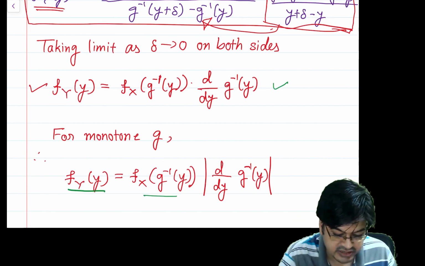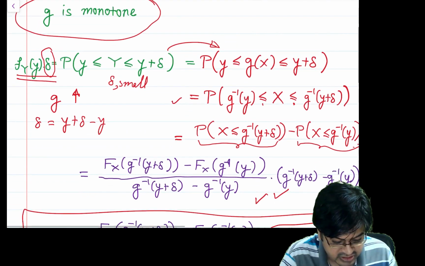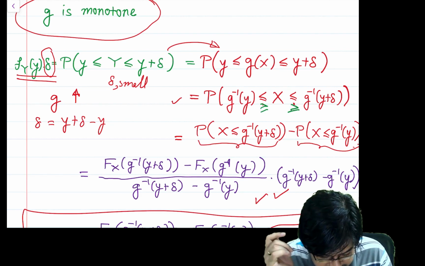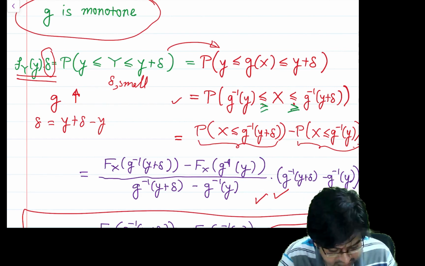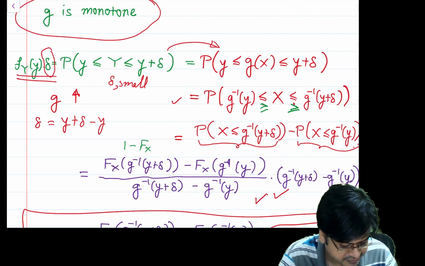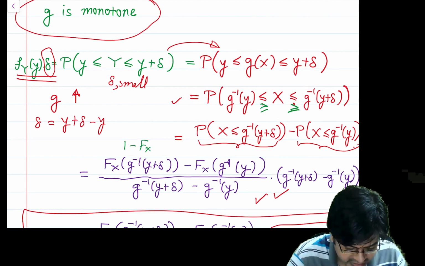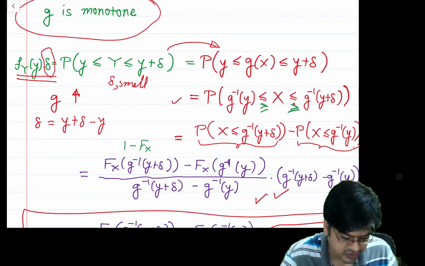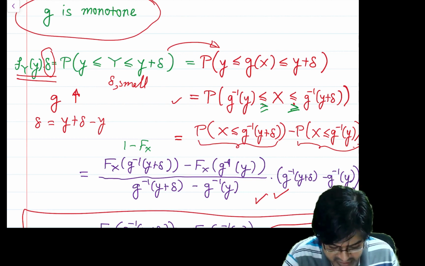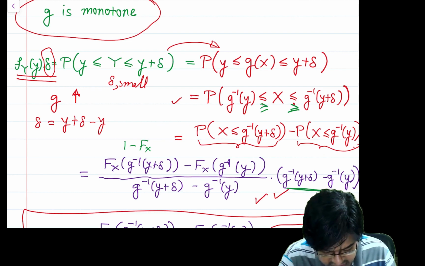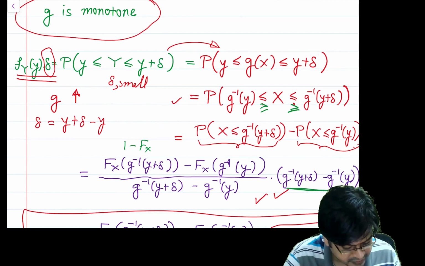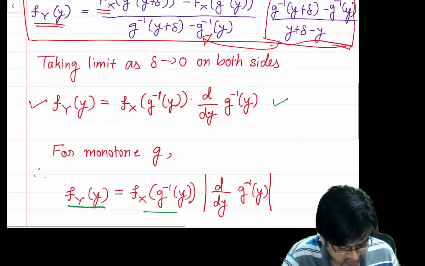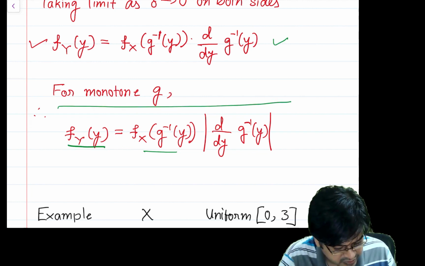And now if g is a decreasing function, what will change? I have already demonstrated this in an example. So this less than or equal to will change to greater than or equal to, correct? And this CDF will become 1 minus the CDF. That's all will be the difference. And therefore you will have the higher term minus the lower term, but they are negative, so the negative sign will survive, and because this is a decreasing function, you will have a negative sign of this, and therefore the negative sign will cancel itself off, and hence your formula in general will be of this form.